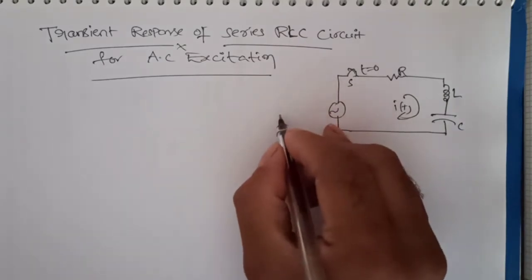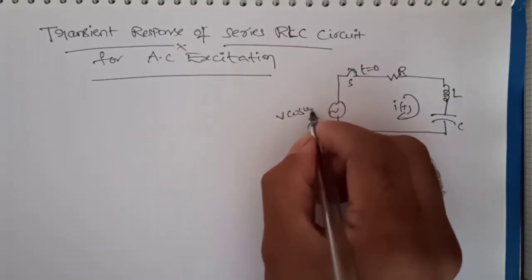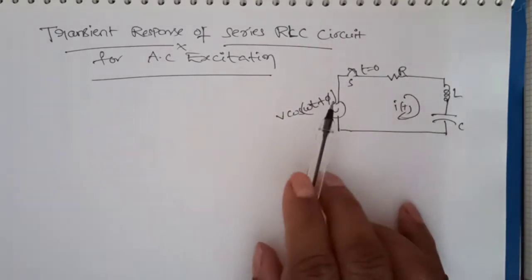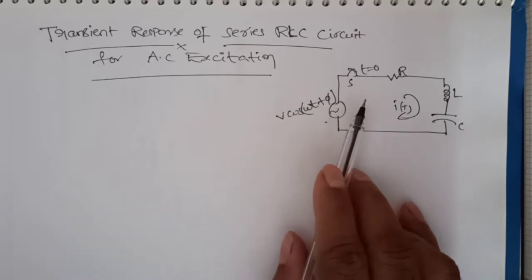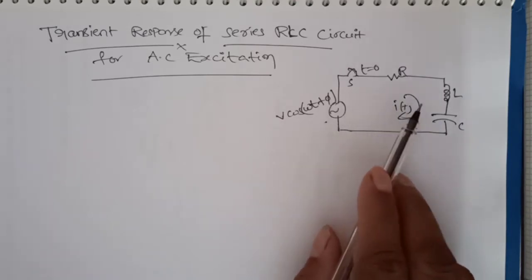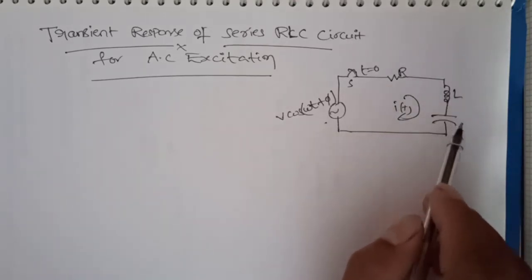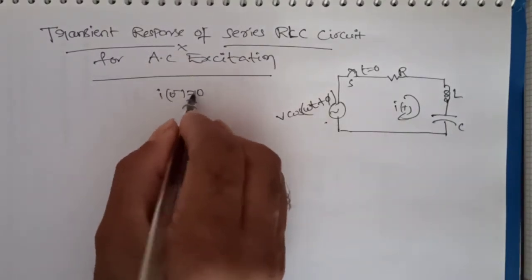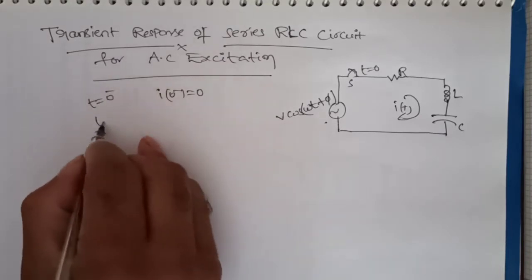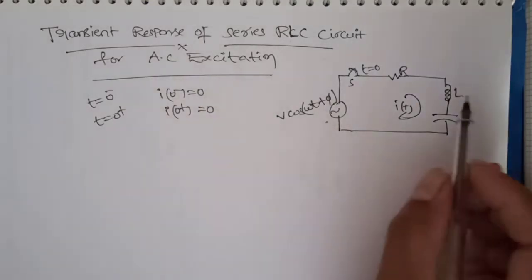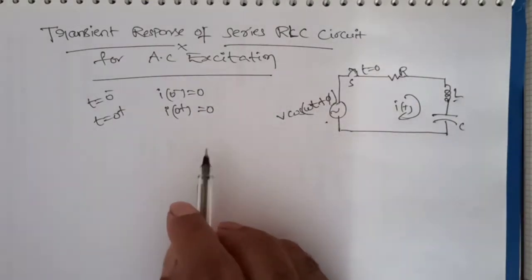And we know that the voltage source we assumed in the previous sections is V cos(omega t plus pi). The three elements are in series, connected to the AC voltage source through one switch, and the switching action takes place at t equal to 0. We know the initial conditions before the switching action takes place. The inductor acts as an open circuit and the capacitor acts as a short circuit. So I at 0 minus is 0, and at t equal to 0 plus also I at 0 plus is 0, because of the presence of the inductor in the circuit.